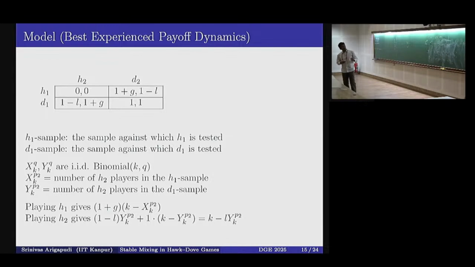So whenever I encounter a hawk, I get a payoff of 0. I'm actually playing the game with someone and I experience a payoff. Xk times, I get a payoff of 0. But how do you know 1 plus G? It can be something R or something. No, so let's say I'm a hawk player and I encounter a dove player, when I play that, I get a payoff of 1 plus G. And I'm encountering such dove players, K minus the X times. That structure is known to you. No, I'm just receiving a payoff of 1 plus G. So when I'm a hawk player and I encounter a dove player, I get a payoff of 1 plus G. Okay.